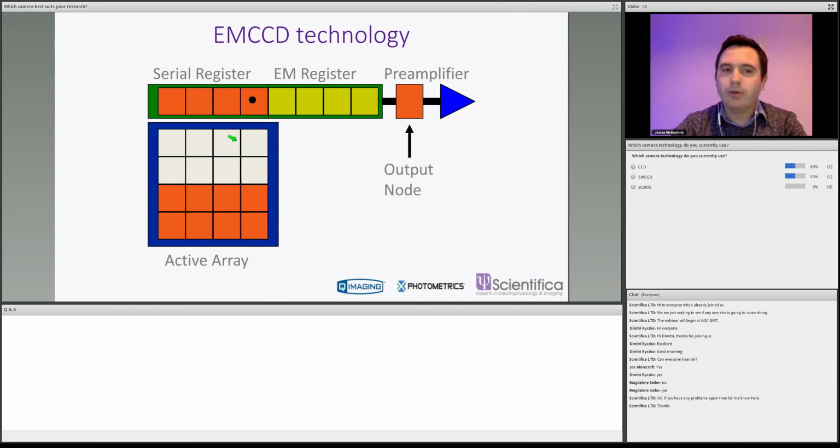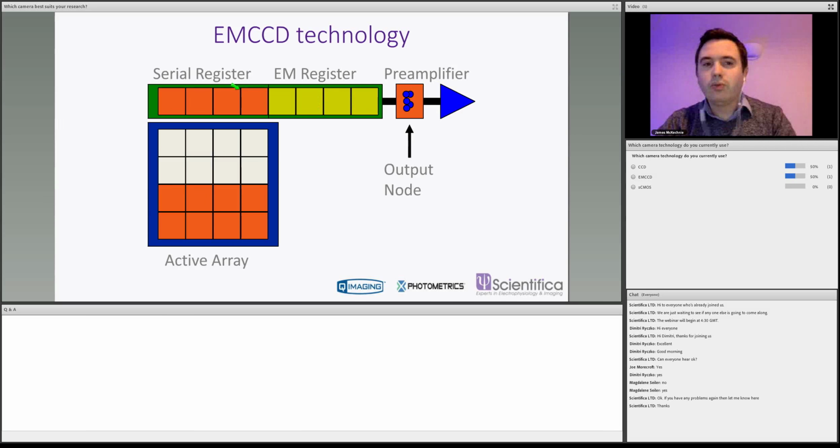And then we move it up into the serial register. And then rather than just reading it out, we do a special trick. We run it through our EM register, and this is effectively a series of voltage potentials that adds electrons to our signal. It was once described to me as bouncing an electron off the wall to pick up more electrons, but that's, I gather, quite simplistic. But you go, right, so we go through our EM register, 2, 3, 5, and